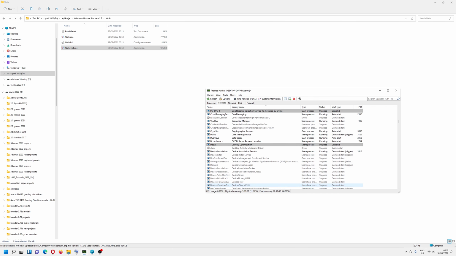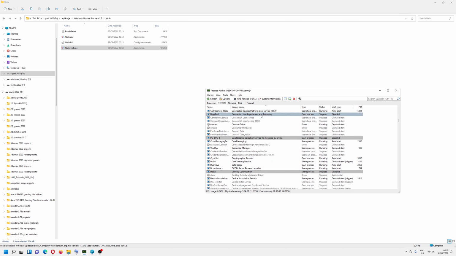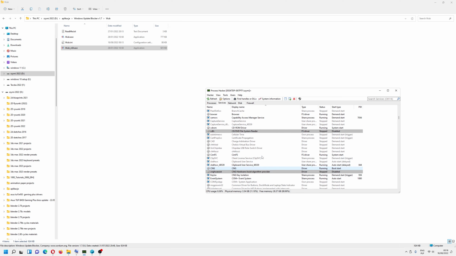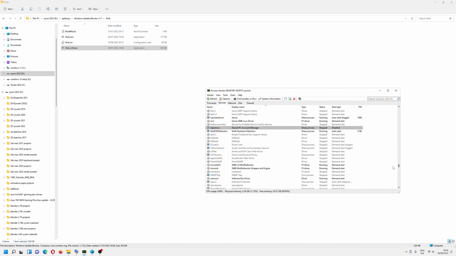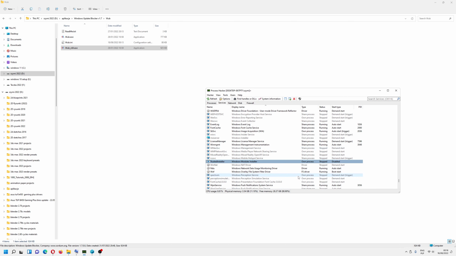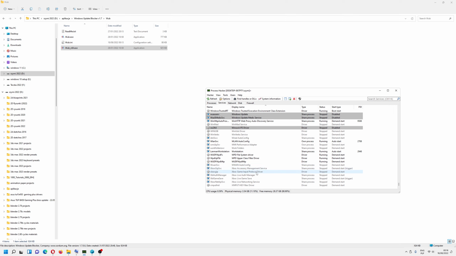And Connected User Experiences and Telemetry I disabled as well. This was causing that problem as well. Allow telemetry. Windows Search also I disabled. This is also causing your hard drive to be overloaded. And